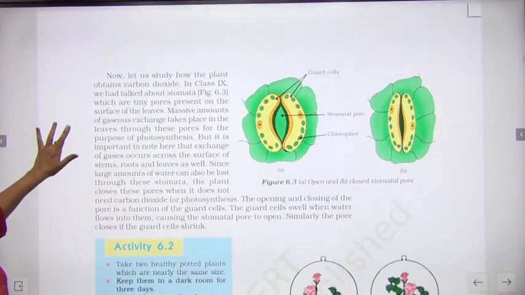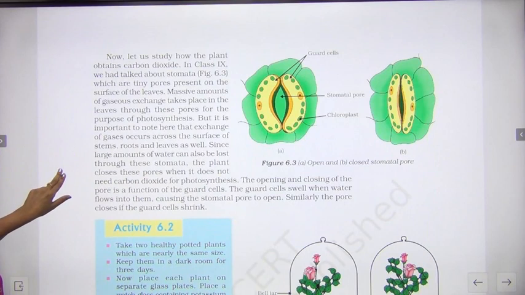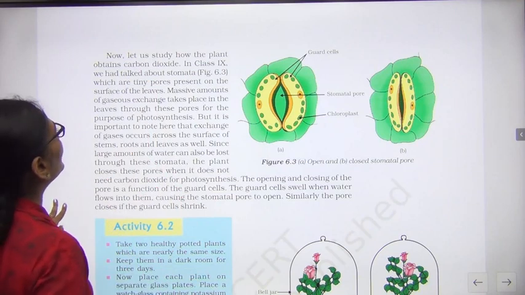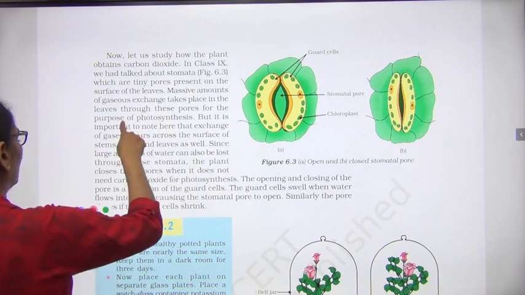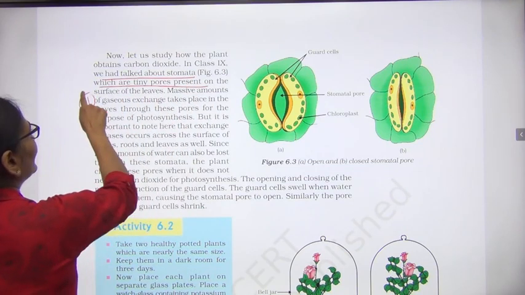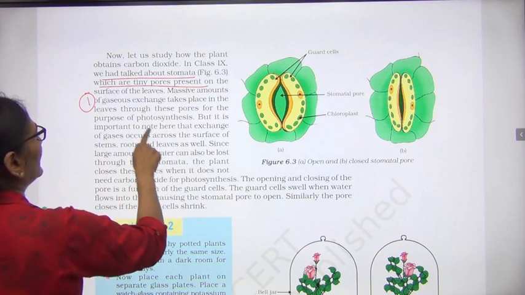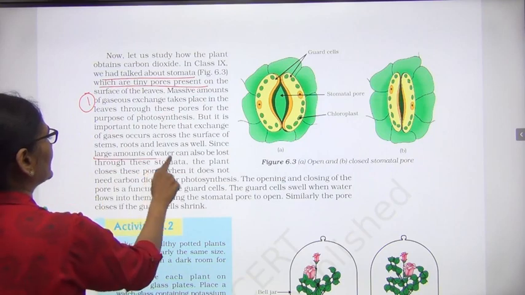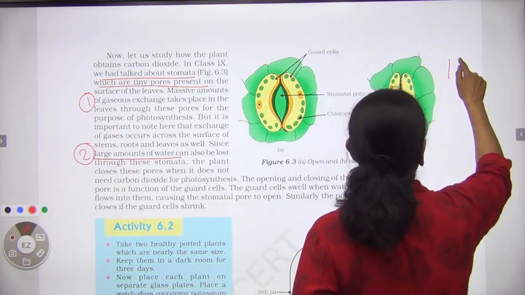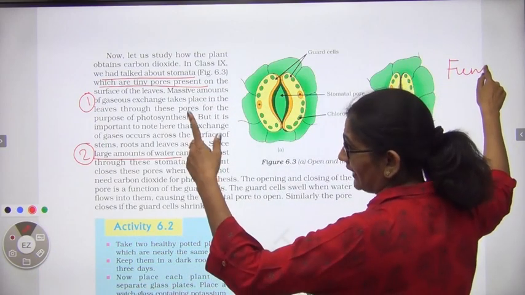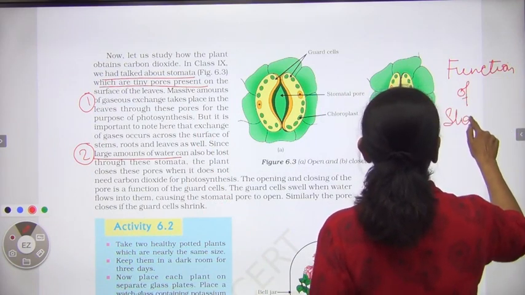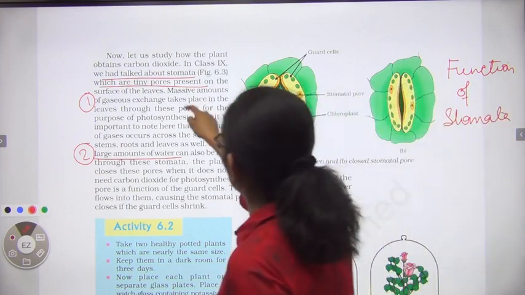Now, second thing that the plants require is carbon dioxide, right? Now about carbon dioxide, what is there in your NCERT? See, it is here. Carbon dioxide, as we talked, plants take the carbon dioxide through stomata. These are tiny pores. What is the function of stomata? One, gas exchange, and second, water loss, that is transpiration. Please write an important question over here. What is the function of stomata? I told you one question, that diagram of that leaf. Then second, what is the function of stomata? This is an important question, right? Please write it, and these are the 2 points.